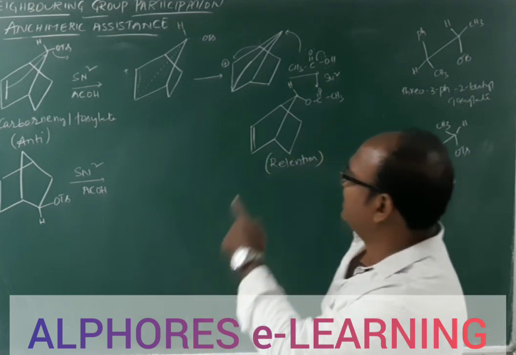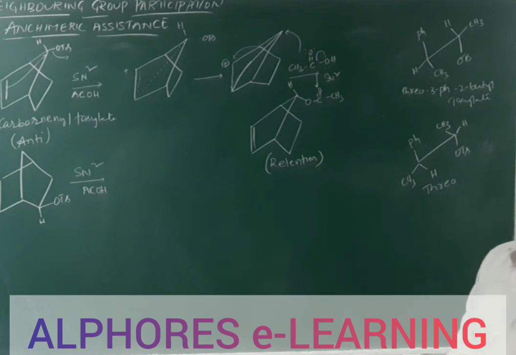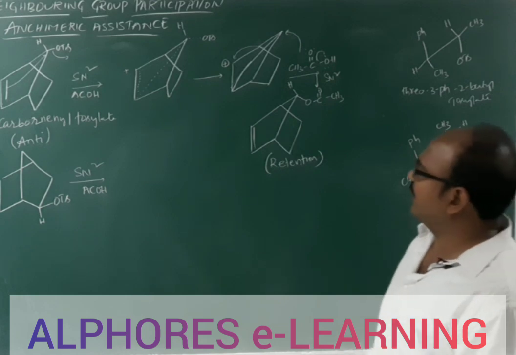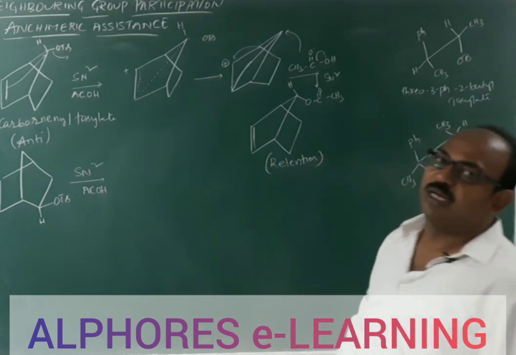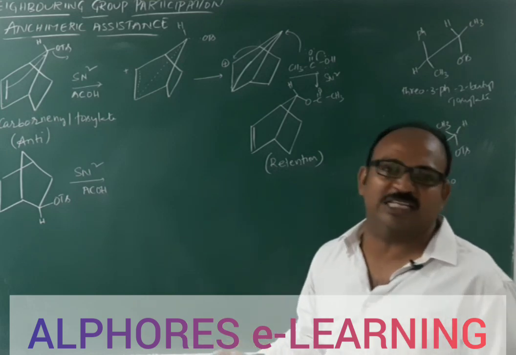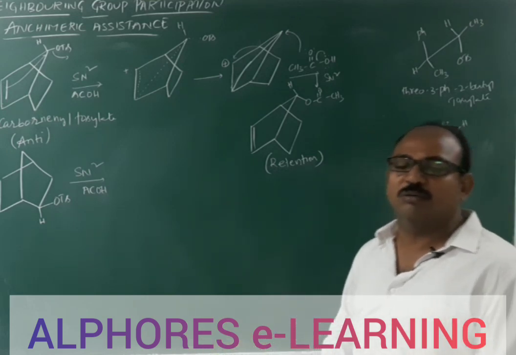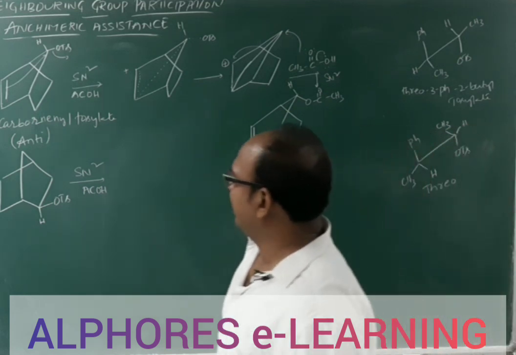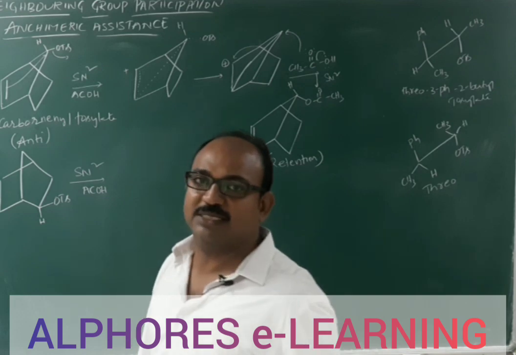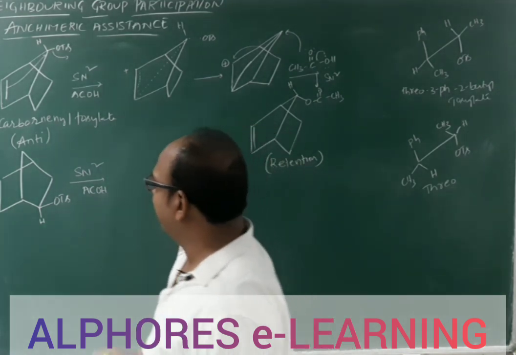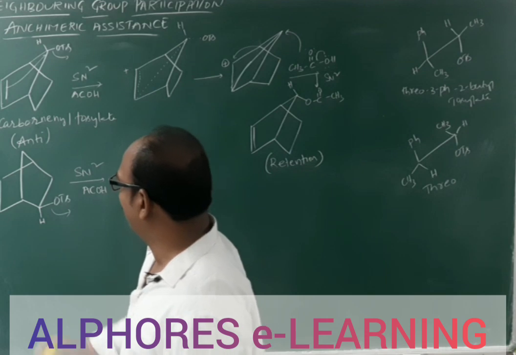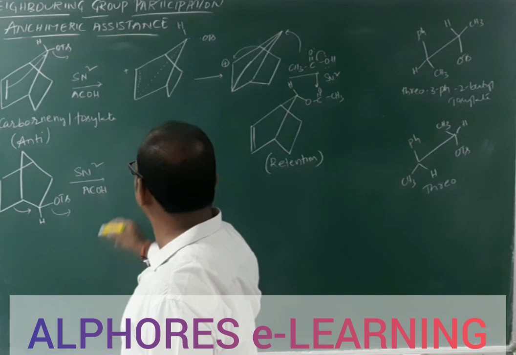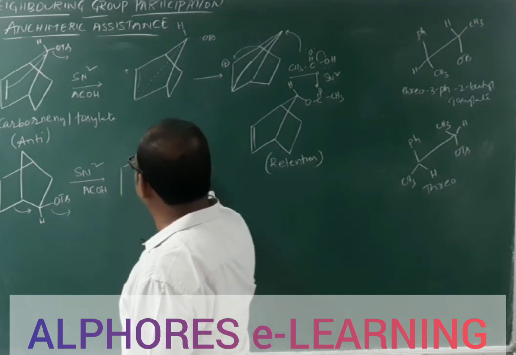As we discussed, because of this anchimeric assistance, the rate increases, and it also influences stereochemistry, meaning we are getting retention of stereochemistry. It is not like SN1 with a racemic mixture, nor like SN2 with inversion; we are getting retention. The same thing we can notice: a sigma bond also acts as a neighboring group. Here, when OTS acts as the leaving group, the sigma bond in between these 2 carbon atoms is going to shift like this. As a result, we are getting the product.